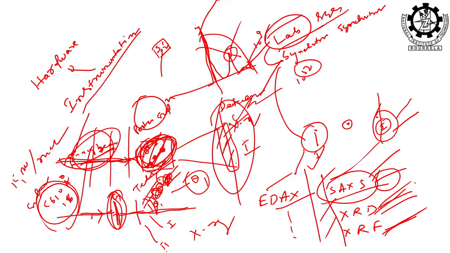Then they will give the instruction to the hardware and instrumentation part, accordingly data will be collected, right. And after getting the data, that is your job to analyze it to get the structure, right. They will only facilitate, to get the data. Rest job is your job to get the structural information, what is there in your sample. So, that is the basic difference between lab system and synchrotron system, but the principle is all same, and again same with visible. Whatever you are doing with visible light, same thing you are doing with the invisible light, X-ray also.